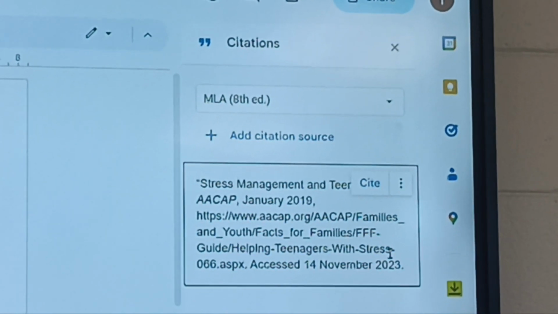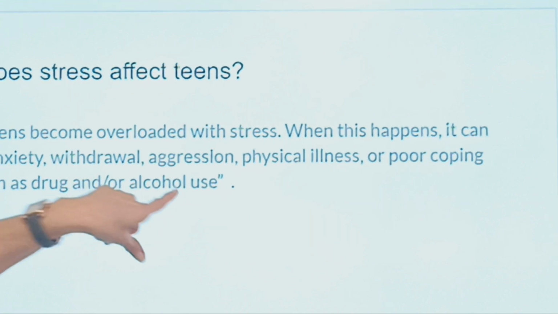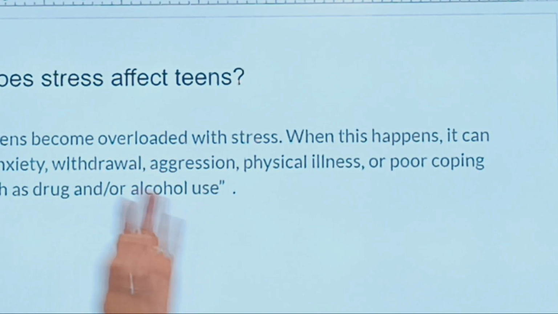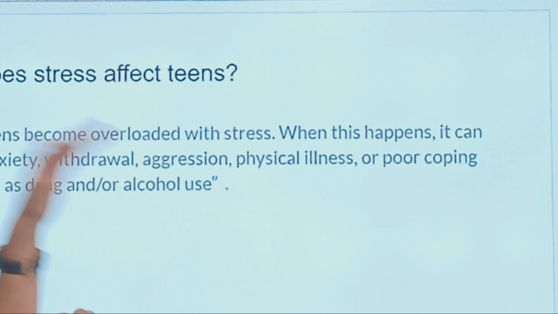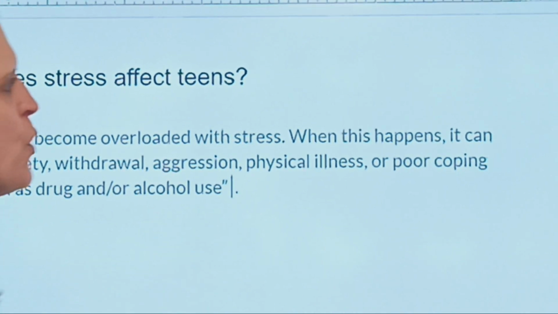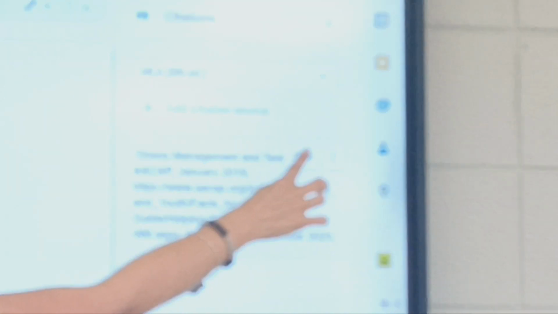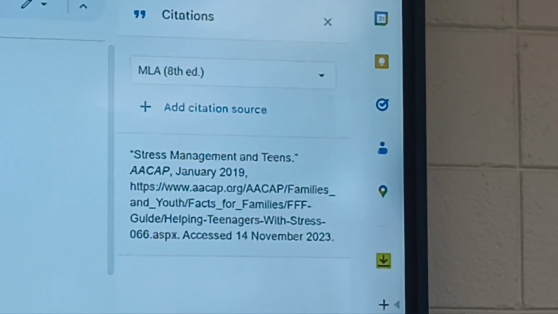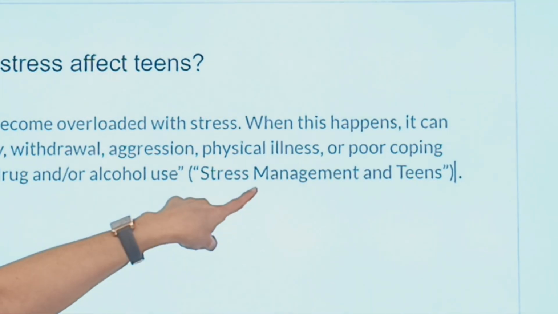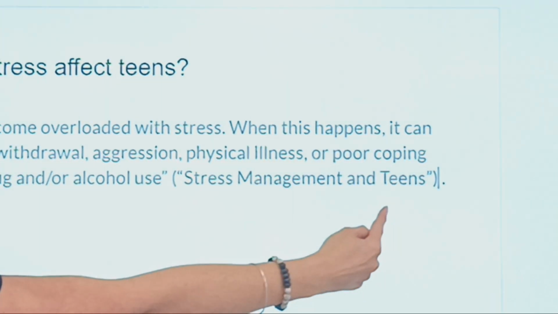So what you want to make sure before you click on anything is that your cursor is one space behind that quotation mark because it's going to insert our parenthesis. So on the Hunger Games, it inserted the parenthesis with the page number. This is not the book with a page number, so it's going to insert the identification of what website we got this from. So see how it's hovered over there? If you hover your cursor over here, it'll say Cite. Click on Cite. And it automatically puts your information of that website right here. So that's one piece of information quoted directly from the website, and it's cited.